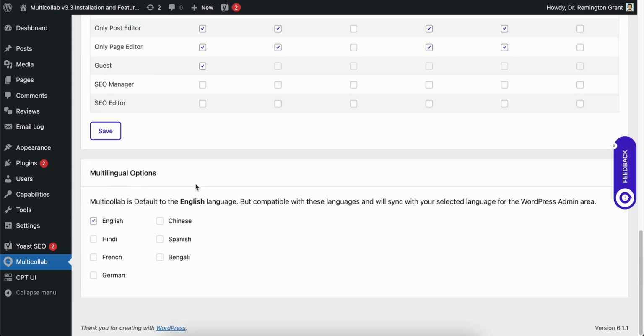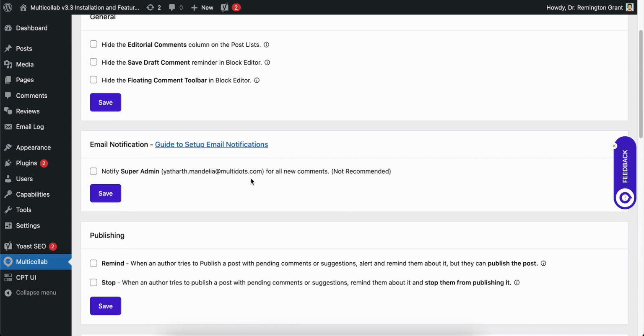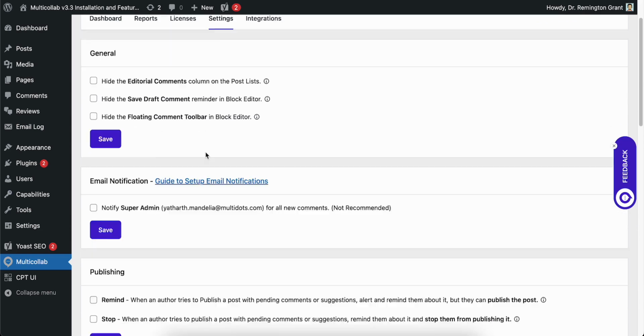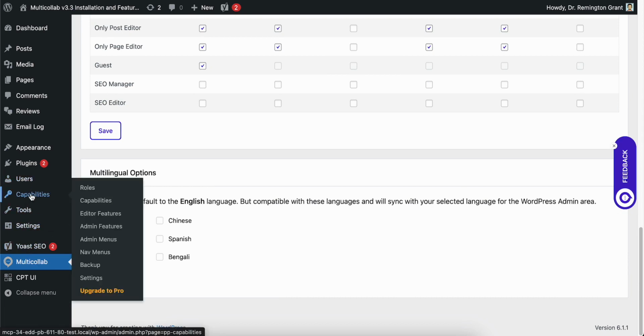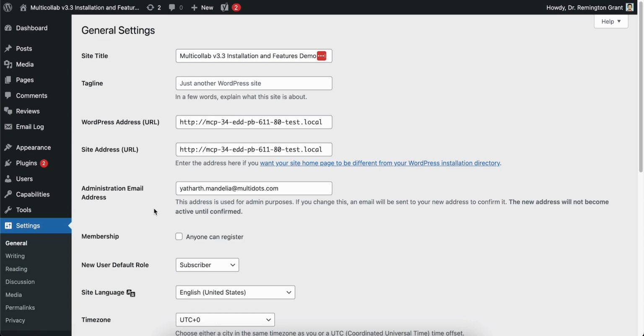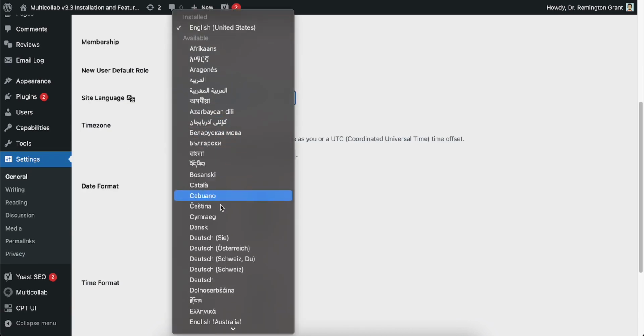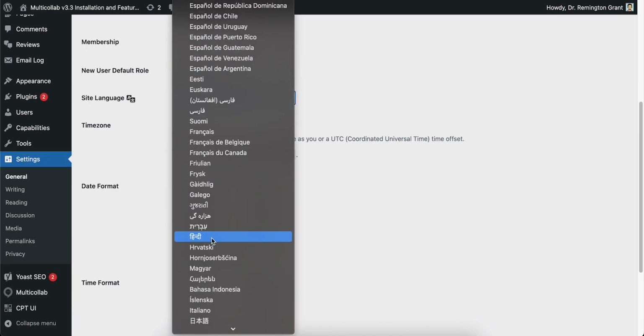And as we have activated the VIP plan, we can activate the following 6 languages, and all of this text will be translated according to the chosen language here. So if I show you this demo here in the settings, if I enable the Hindi language